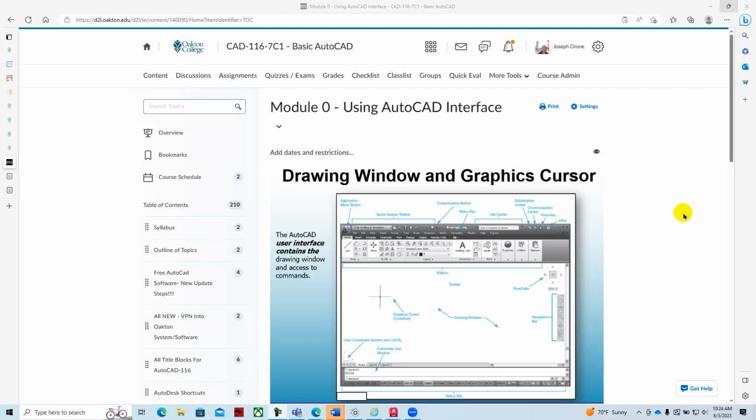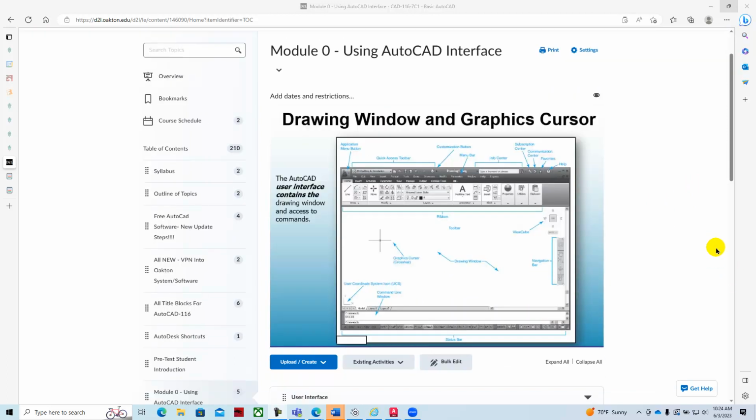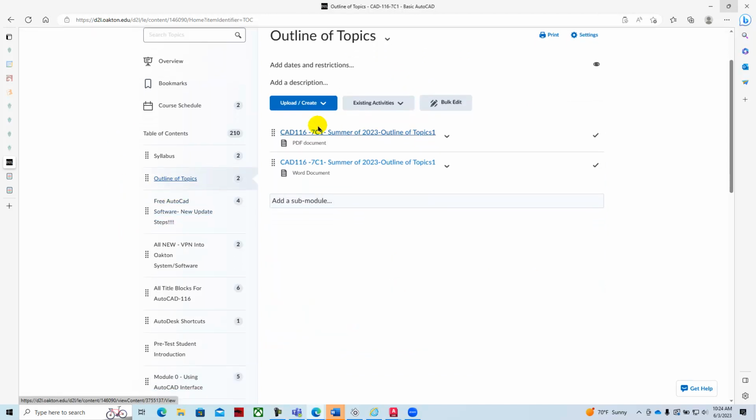Today I'm going to go through Module 0, the user interface for AutoCAD. In D2L, the Desire to Learn system, we'll be using this to organize the content for the course. Module 0 goes through the AutoCAD interface, and if we look at our outline of topics,